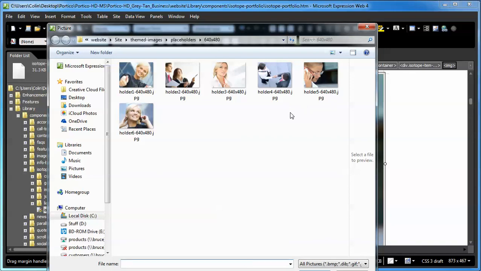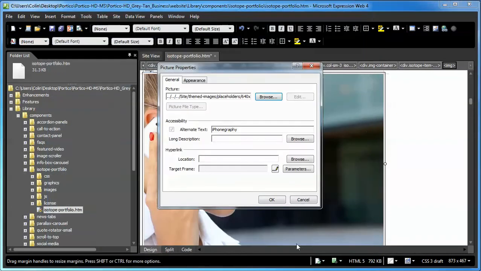It's best if you keep the images all the same size. It doesn't really matter what size they are, but it's just best if you keep them all the same size. Okay, so select your image for replacement, click open to add it to the picture properties, switch over to click